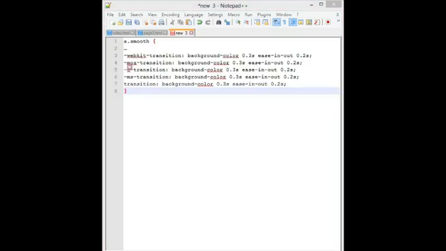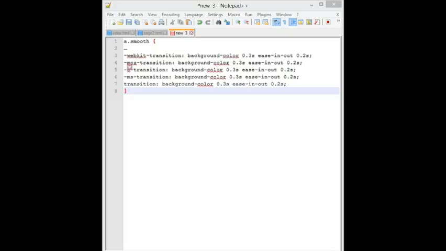Now we'll apply multiple transitions. So far we have changed only one property at a time, but it is possible to transition several properties at once. Let's go back to the awesome sauce link example, but this time, in addition to changing from blue to red, I would like the letter spacing to increase a bit.